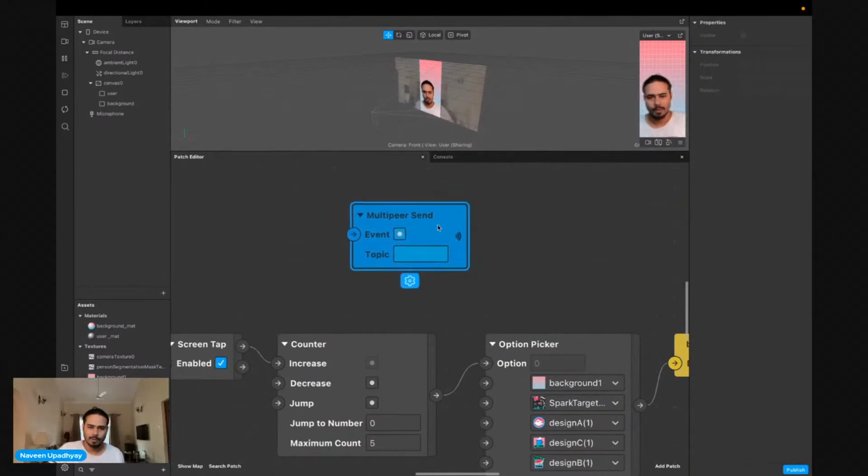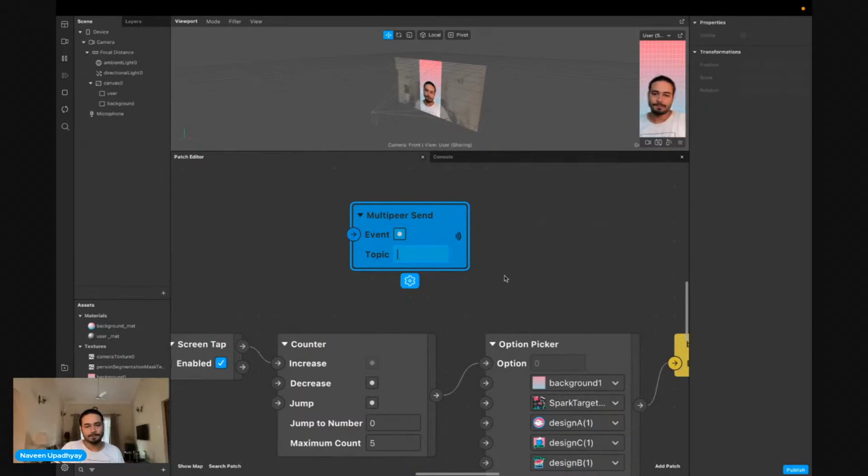This is my pigeon of the old times. It's going to fly with the message that I'm going to send, and it's going to deliver it to all my friends. This pigeon has a topic. There can be so many pigeons, so many messages. We need to identify those messages. Let's say we have a bigger project with a bunch of messages that we're sending. We need to identify which message we are sending, so that when we receive it, we can look back and know, okay, this is what we're receiving.